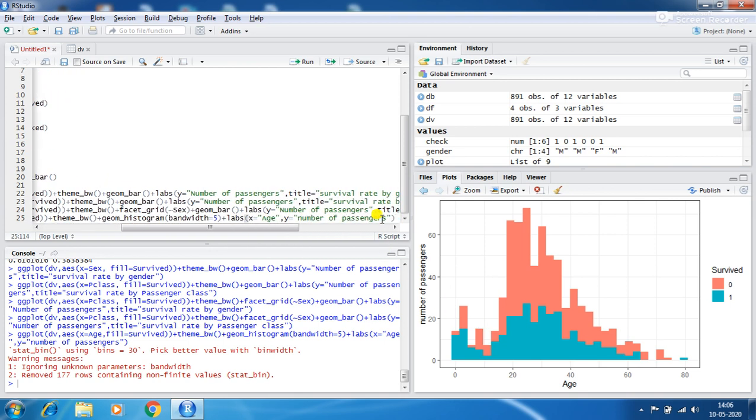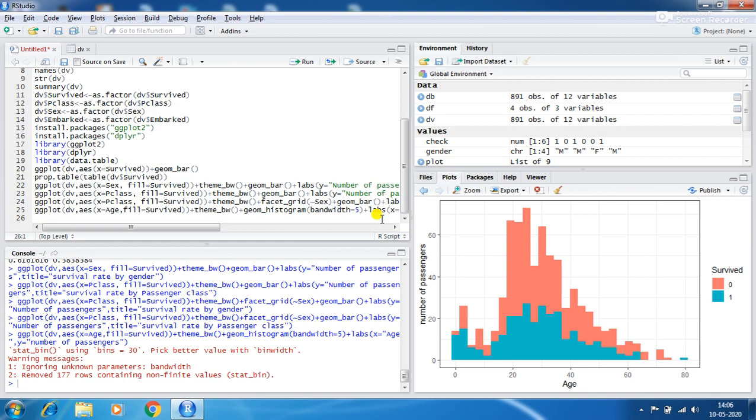Then we have to plot the graph of age, sex and Pclass versus the survival rate.